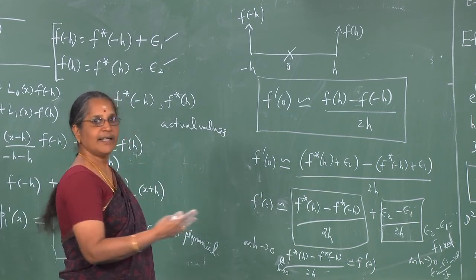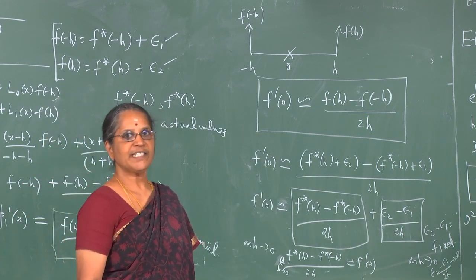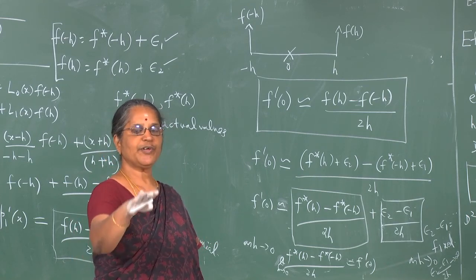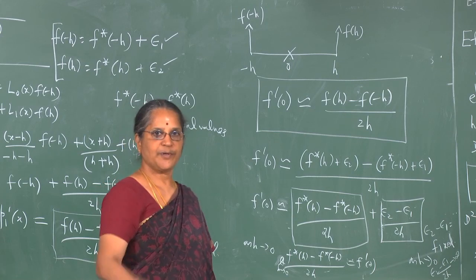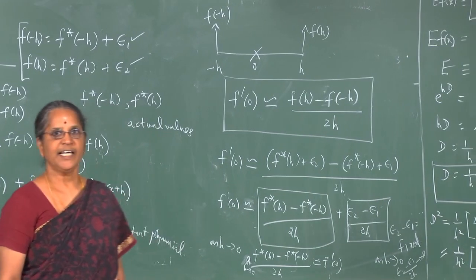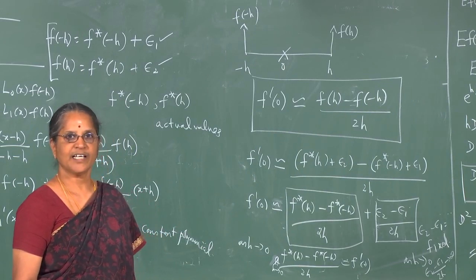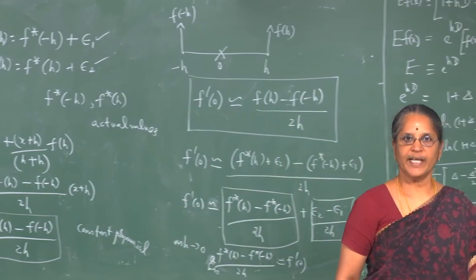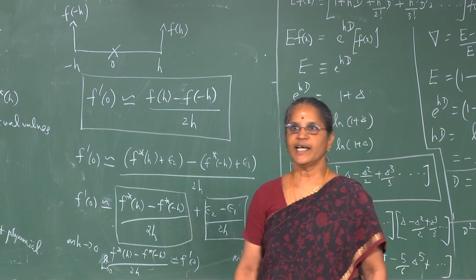and therefore the method can become unstable, and therefore you must ensure that the information that is given to you in the form of table of values, when you use them to get an estimate for derivatives of the function whose information is provided to you, is accurate, is correct. It does not involve any rounding, or round off errors are not incorporated in the set of values which are given to you. So, with this we close this section on numerical differentiation, and we shall move on to the section on numerical integration,